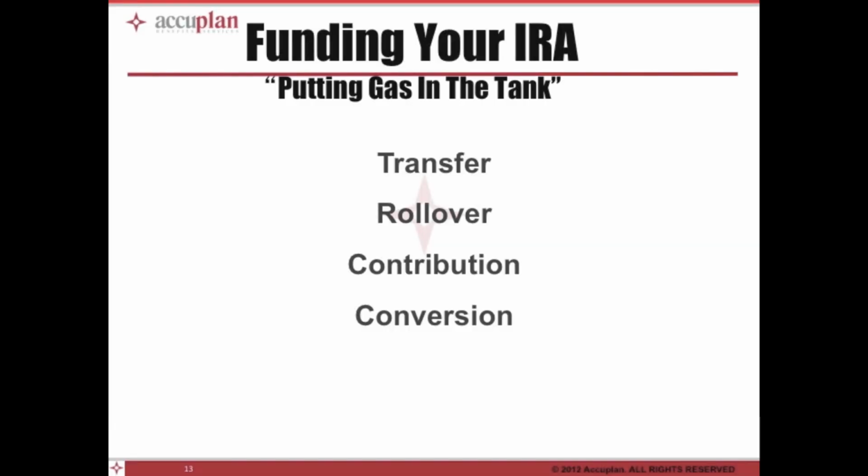The next question usually comes up: okay, I want to get started, how do I get money into the account? We're going to cover the 4 major methods of getting funds into your account. How do you actually fund your account, so to speak, putting gas in the tank? The more common transaction would be transferring monies from one IRA to another IRA, which would be your self-directed plan. That usually takes up to 7 to 10 business days to get those funds transferred over.